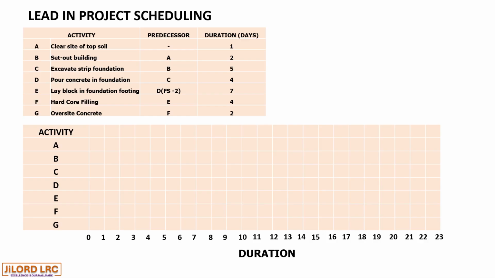We shall proceed and draw the activities with their duration bars. So activity A has a duration of 1. Activity B has a duration of 2 days, but it has A as its preceding activity. Activity C has B as its preceding activity with a duration of 5. So we continue with drawing the bar chart for activity D,